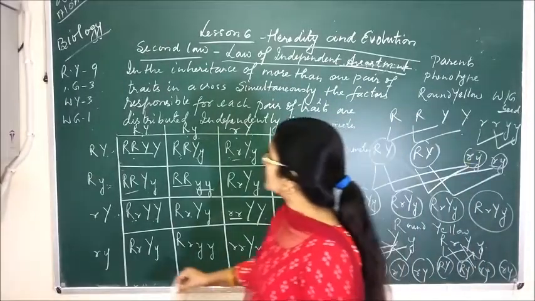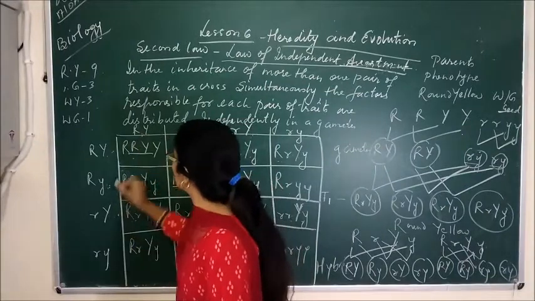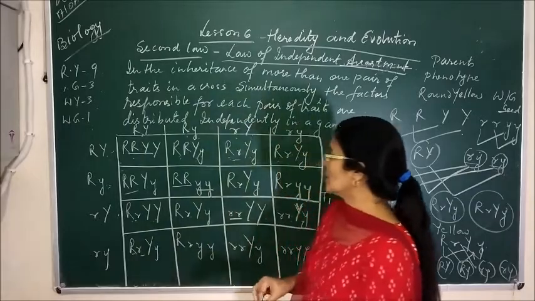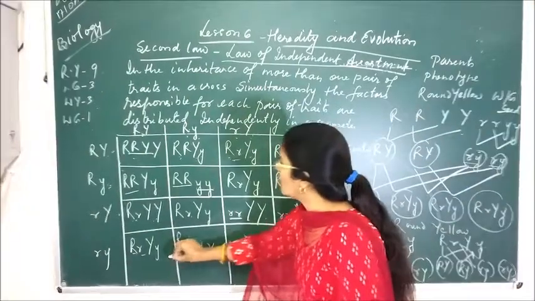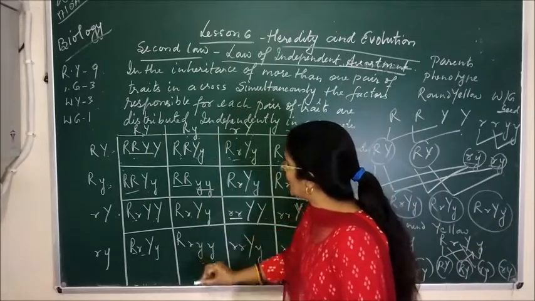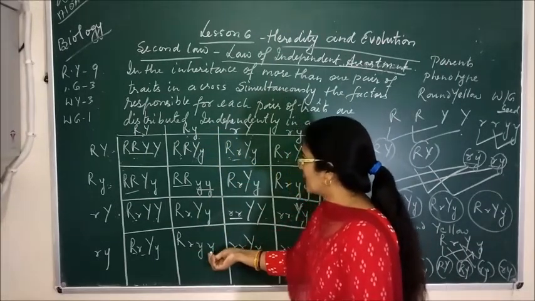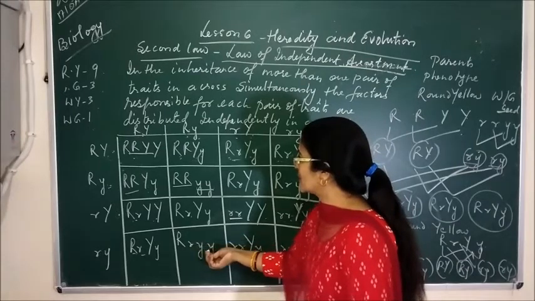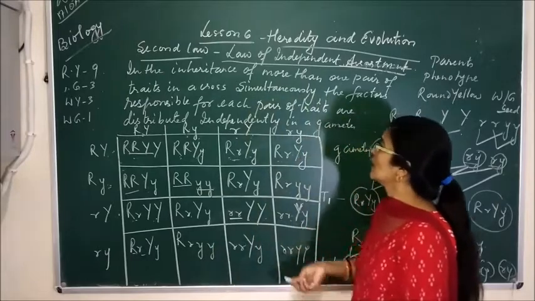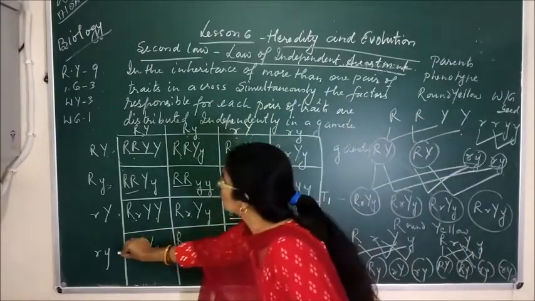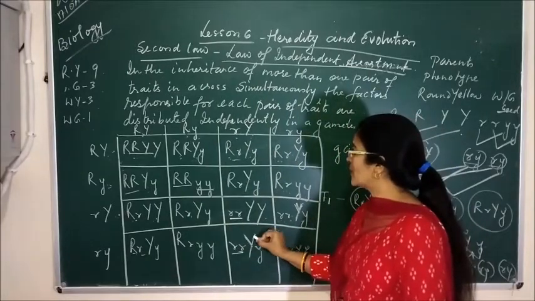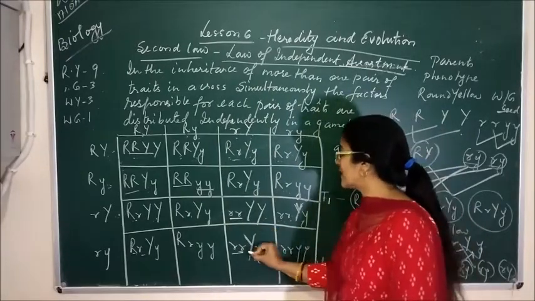Now in the last part we can see this one will crossbreed with this, so here round yellow again, because both are dominant characters, so the plant will have round yellow. And in the second case again we see that round is the dominant but the color is different: the color will not be yellow but green, because both are recessive characters. In the third one here also we can see both are wrinkled because they are recessive characters, but Y is dominant, meaning yellow will be there, so wrinkled yellow.